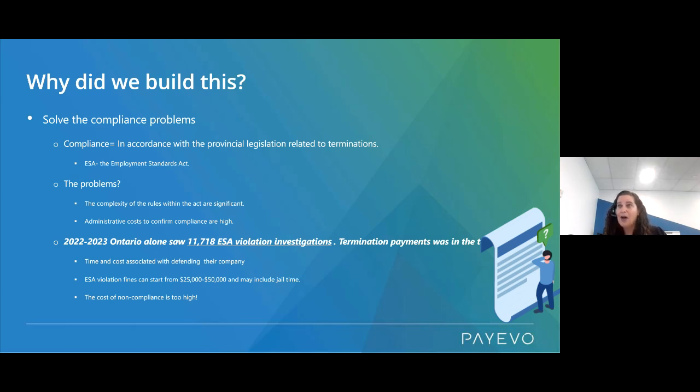And so what the tool does is it simplifies it. The second problem associated with compliance is that the administrative costs to confirm compliance are high. And in this, I'm talking about you and your client. When I say administrative costs, I mean your client comes to you with a difficult situation, you have to spend your time, and maybe you do